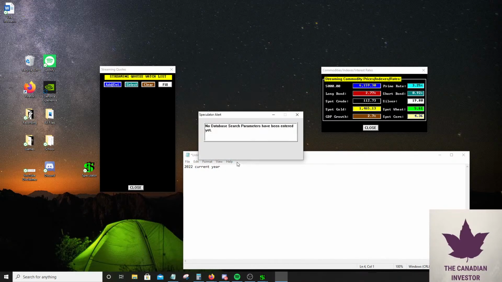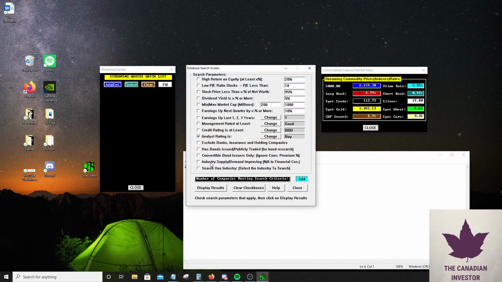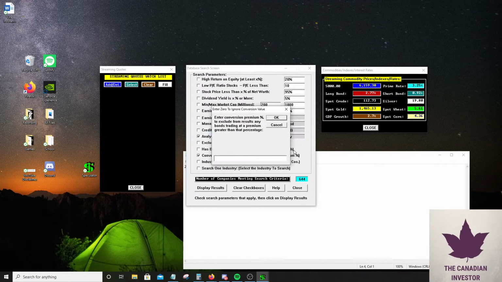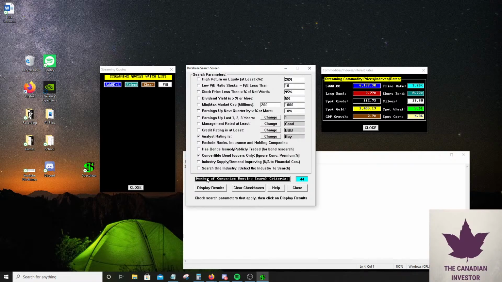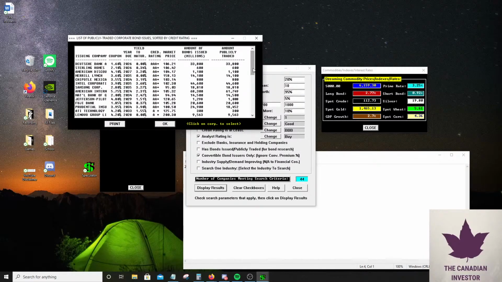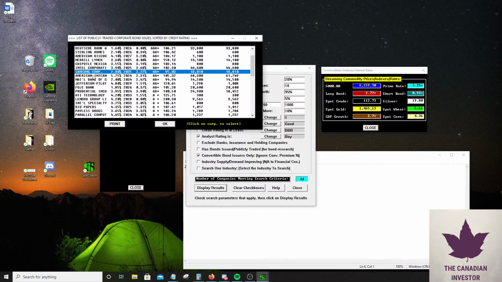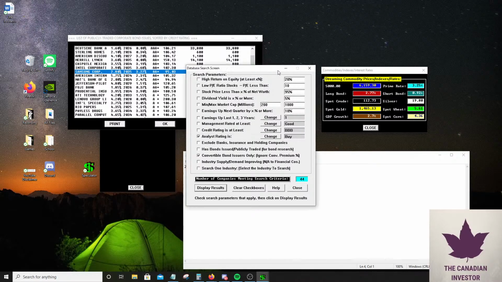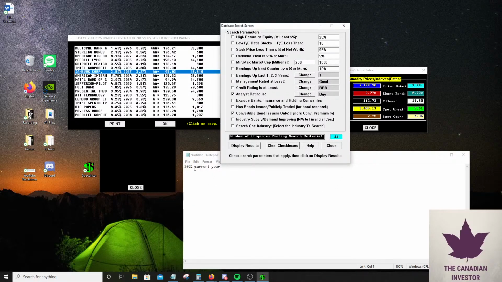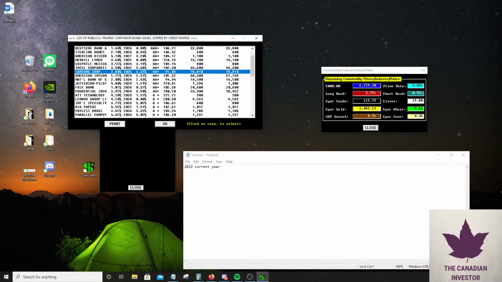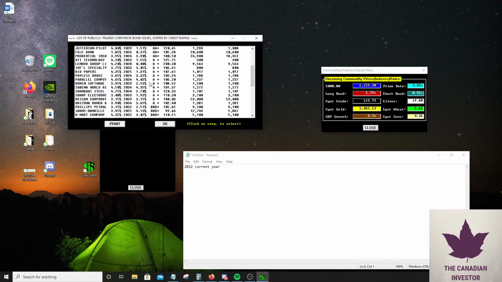So we do a database to search for our bonds. I find this a little bit harder in real life, but we could do convertible bonds, which are basically a mix of stock, and we're going to do a 0% because I don't want to pay over the top for them. So in this case, Samsung Corp might be a good convertible bond to buy. It matures in 2035, and as we know, the current year is 2022. So in this case, it might not be worth it to buy that bond, especially because it's paying such a low coupon. So in my opinion, it might not be worth it. But then again, interest rates are also low.